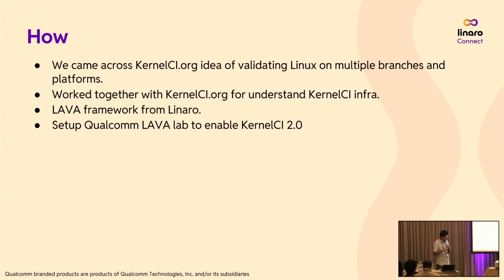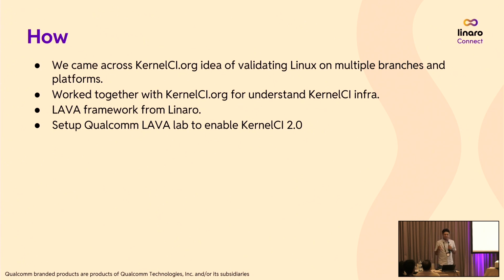During that discussion with KernelCI, at that moment they had only one model, a master-based model, which they internally call the KernelCI 1.0 model, where they trigger the jobs to the labs. But for us it was not useful because we sit behind firewalls. For us, opening up is a big deal. We can't come out from behind the firewall. That was the key, and the discussion went on for a big time frame, like one or two months.